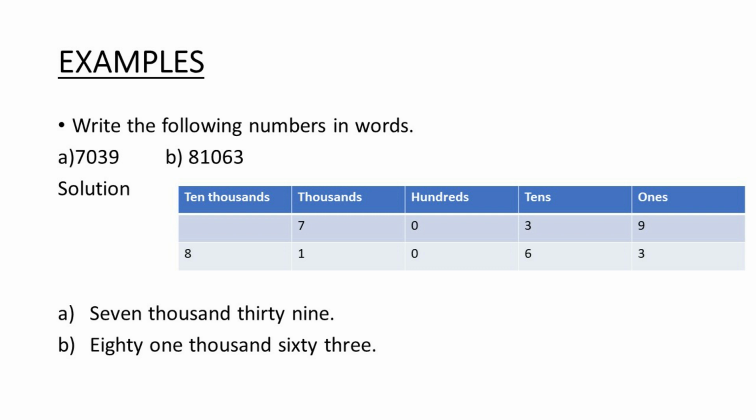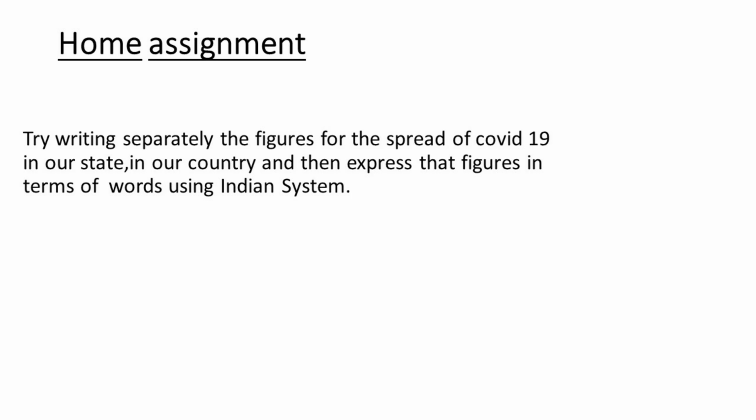Whereas you can see on the screen, how many hundreds are there? 0. So no need of writing anything for 0. Now you can see on the tens place, how many tens do we have in total? 3. Okay, so 3 multiplied by 10 will give you how much? 30. And 9 is at the ones place, so 9 into 1 will give you what? 9. So we can write it as 39. So likewise you can practice for the second given question.